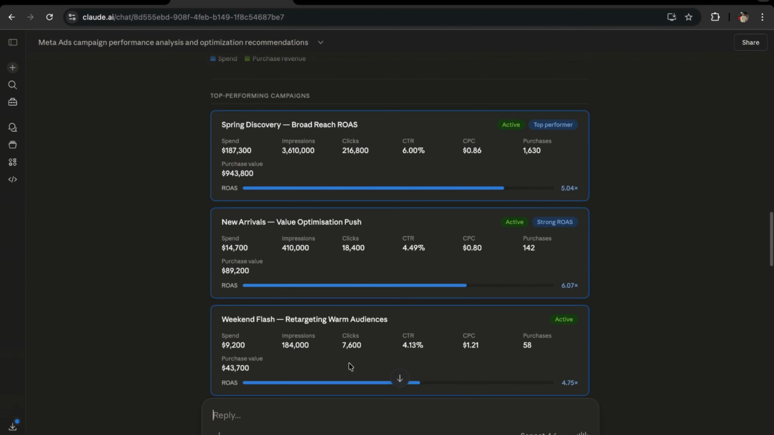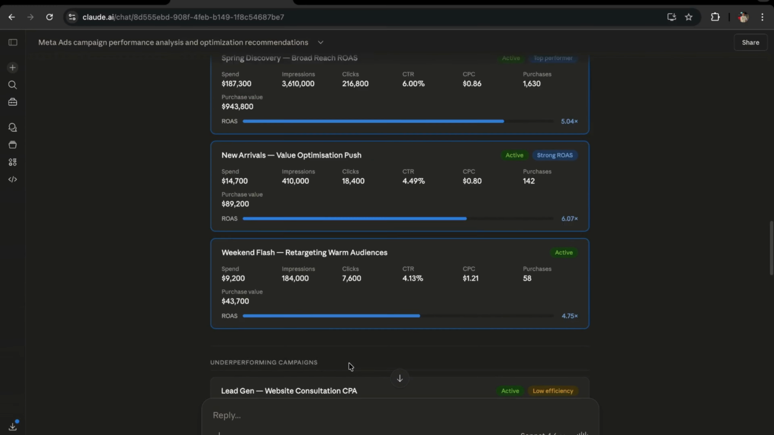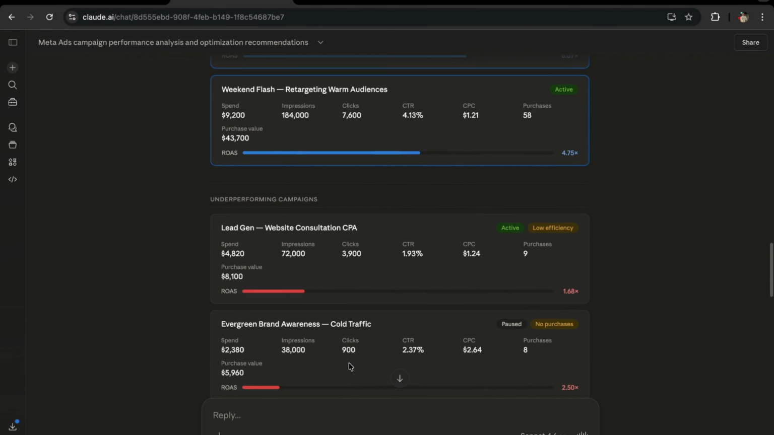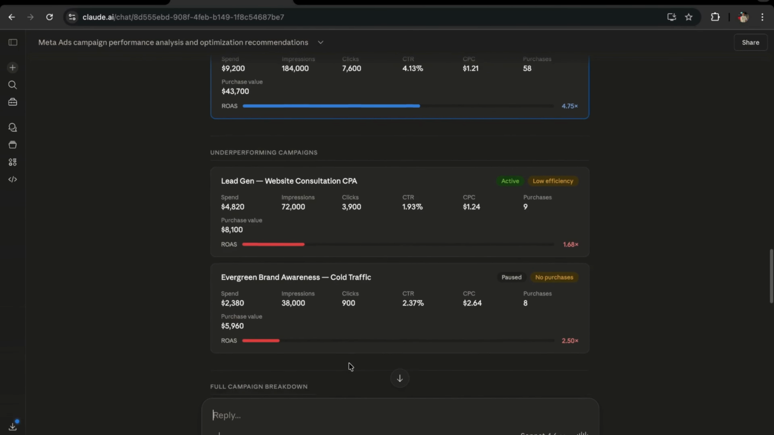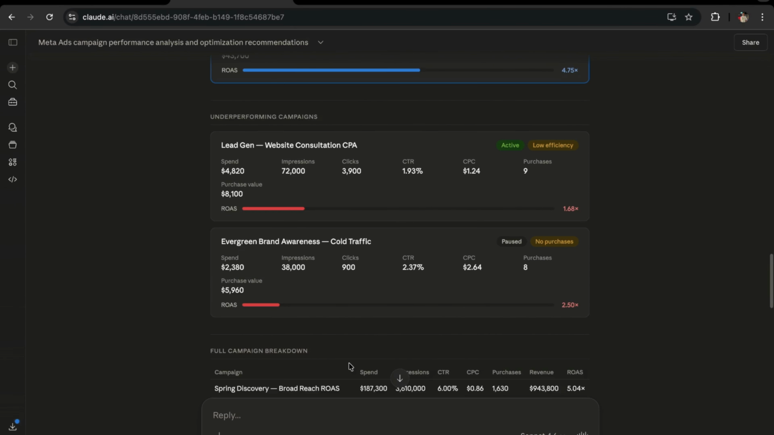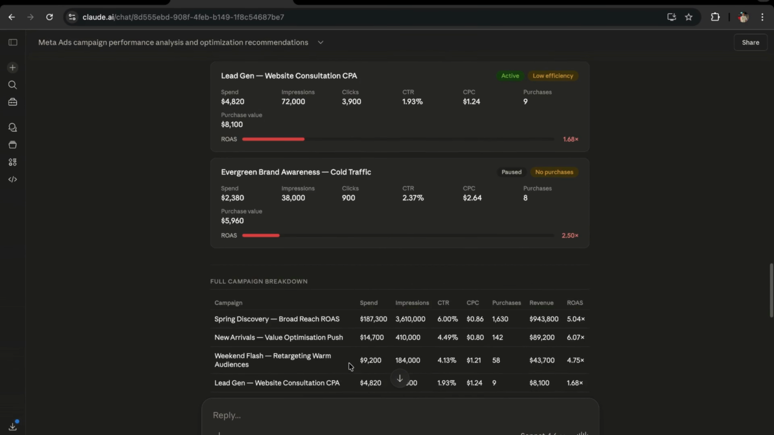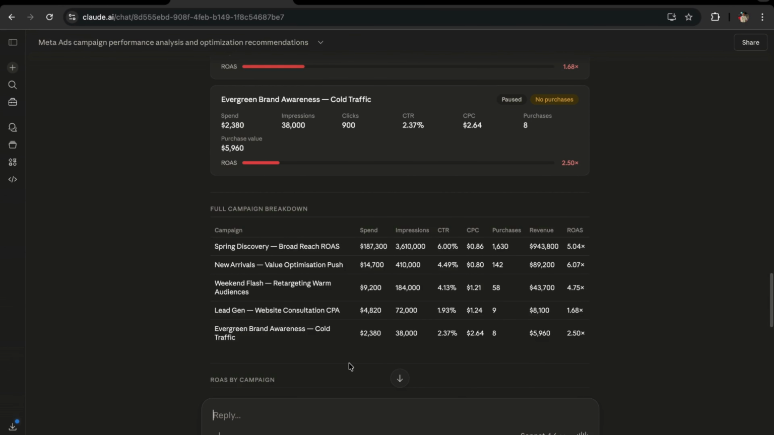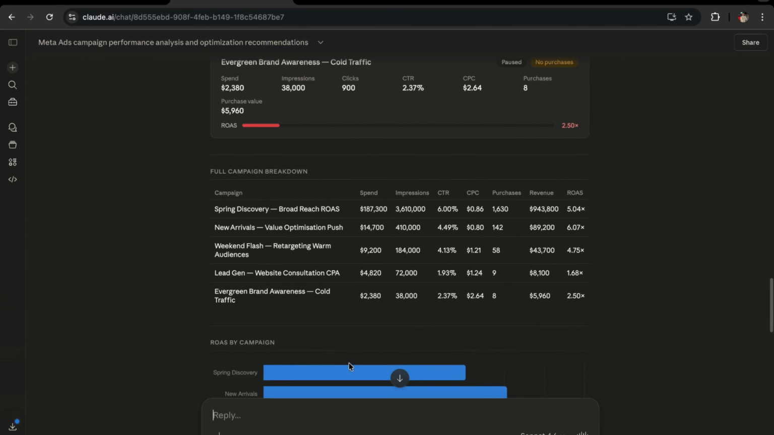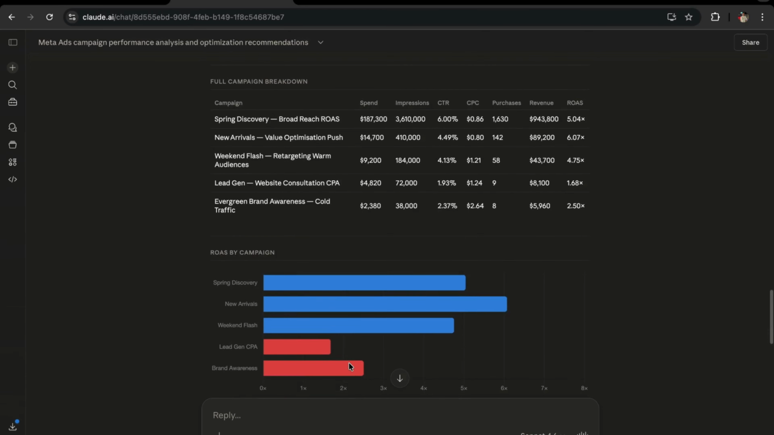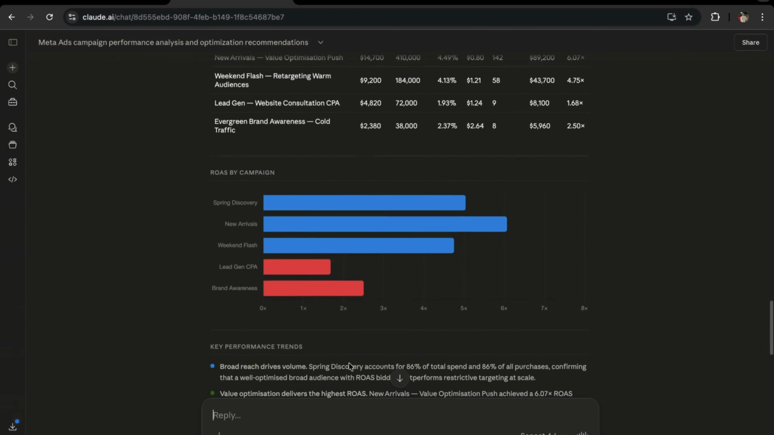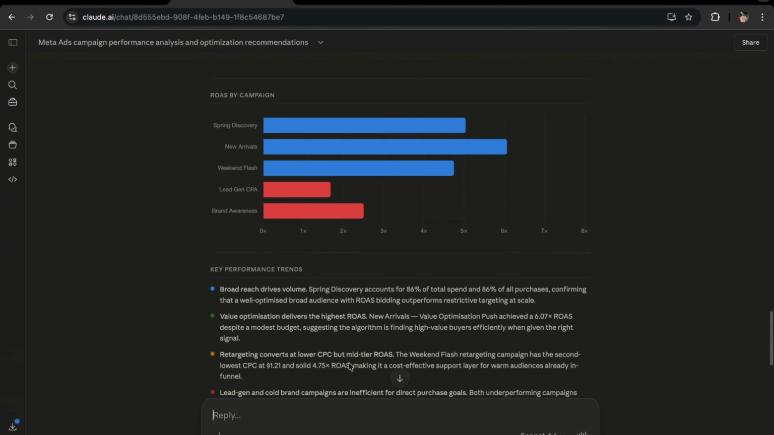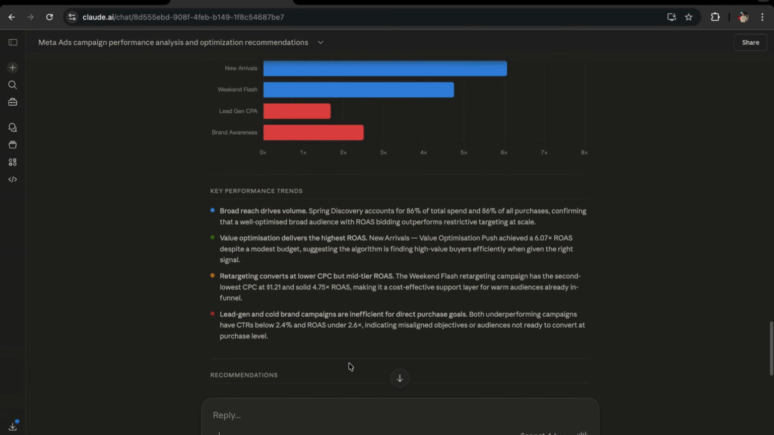The top performing campaign section shows Spring Discovery leading with over 943,000 in purchase value at a 5.04 ROAS, followed by new arrivals with the highest efficiency at 6.07 ROAS. The report highlights key performance trends and includes detailed recommendations for budget allocation, audience targeting, creative strategy, and new campaigns